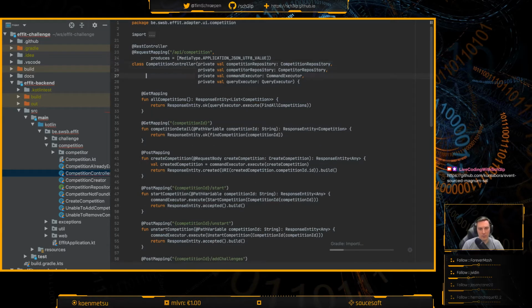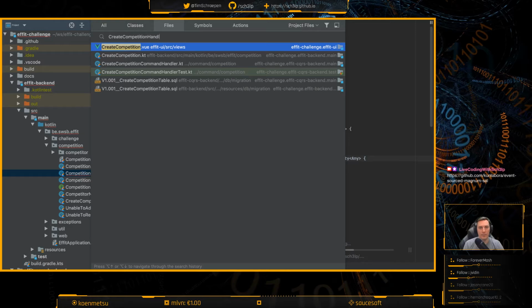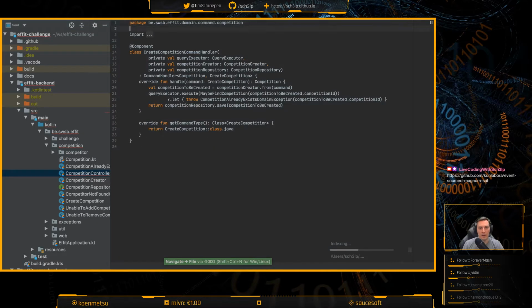And it just delegates to executing a new command. In this case, our create competition thing that we get in is in fact already the holder for the command. That means we also have a create competition handler. And this now contains the logic that used to be in the competition controller itself.